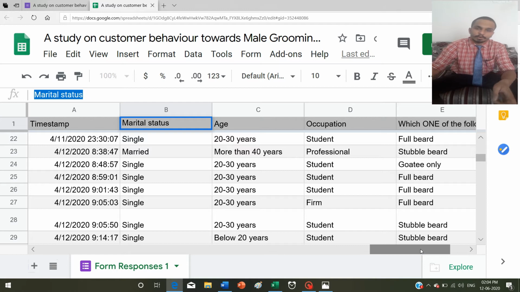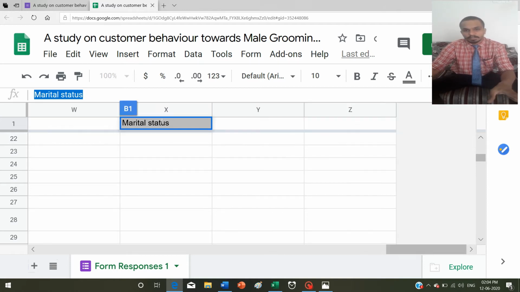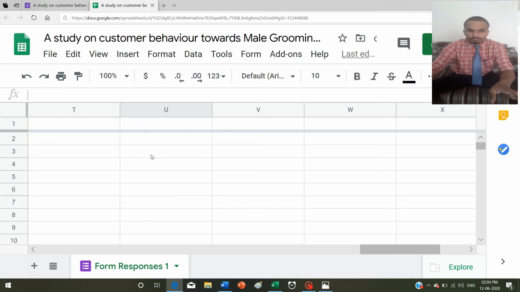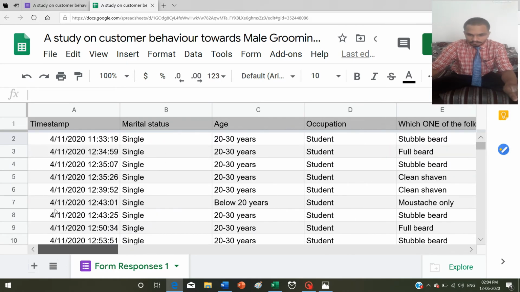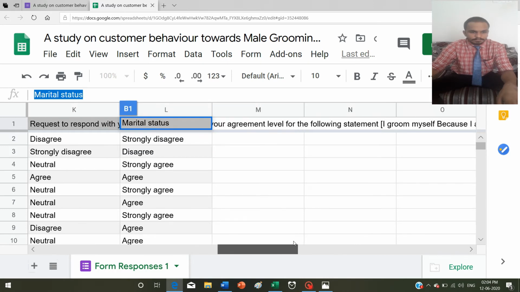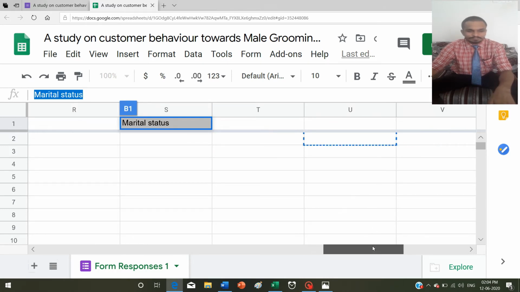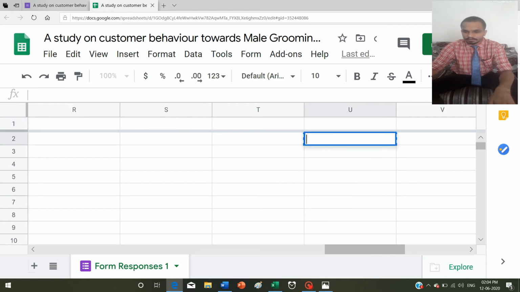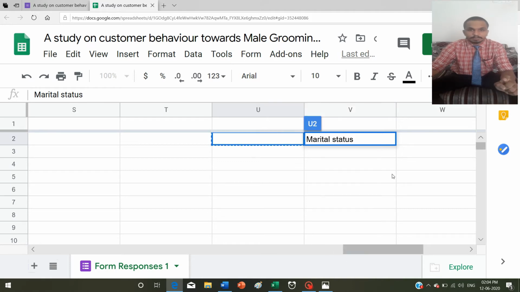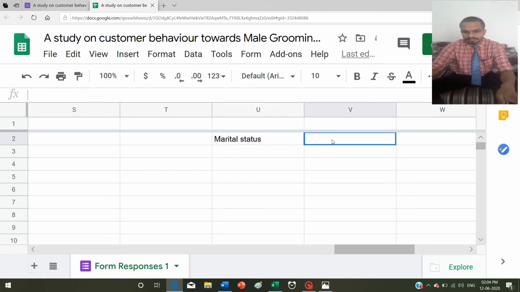to, this is very important, if you want a table or graph, first we have to make the area or criteria where we want it. So if I want it here, I will copy. Oops, I think something went wrong. I copied marital status, then I need it in this table, so I will press Ctrl V to paste. I have pasted marital status.